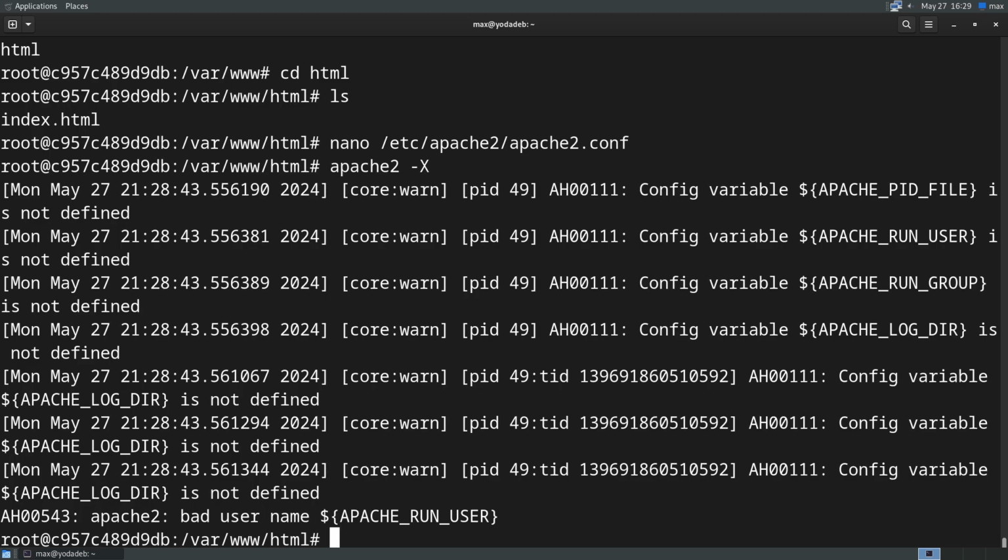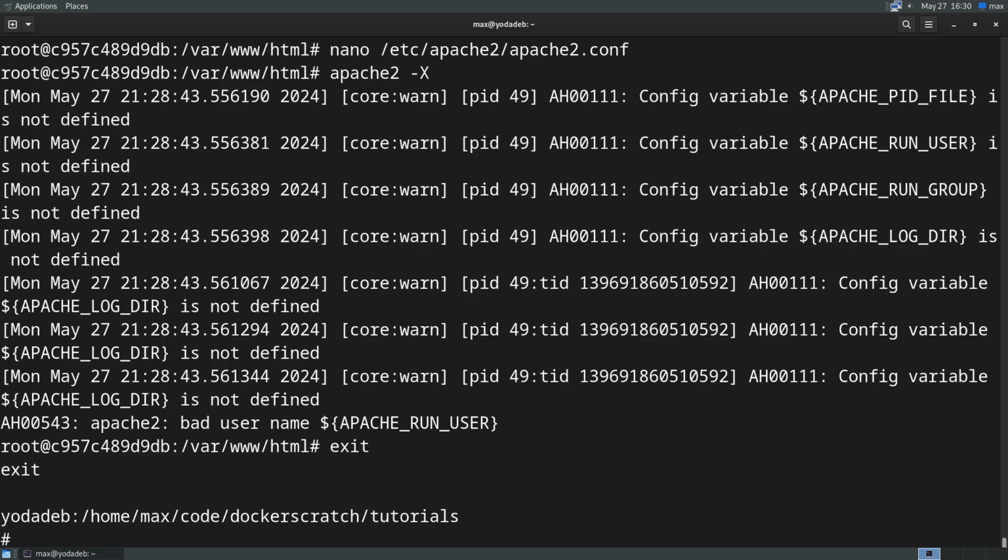These are all warnings. Where does it actually pull these from? You know what? Let's